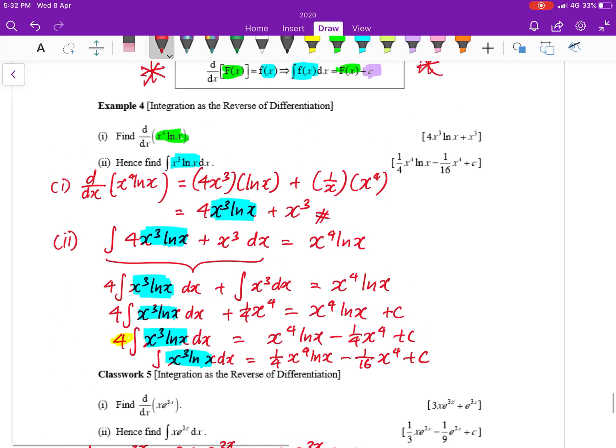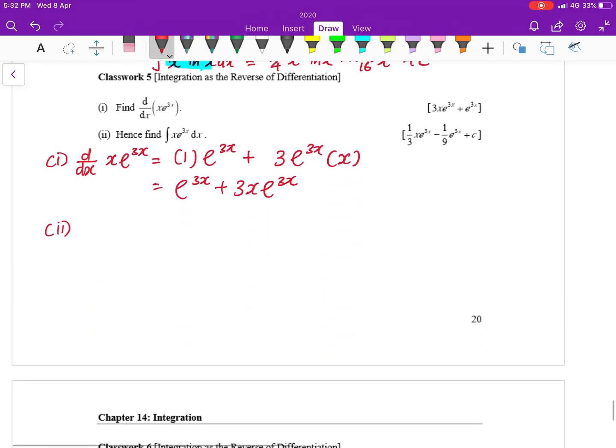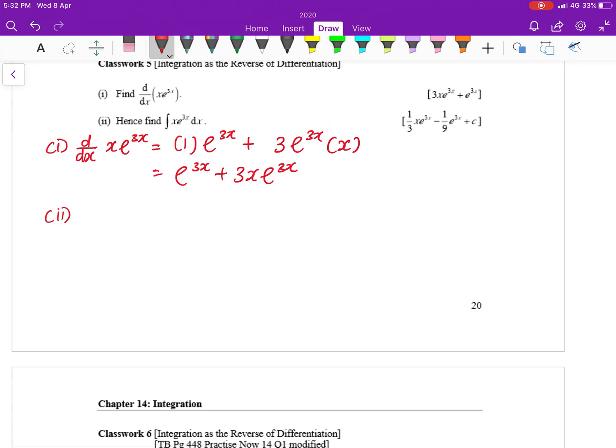Try to look for x e3x like the previous question. I try to look for that in my part 1. Let's see whether I can search for it. I can find it. I want to integrate x e3x, and it is here. So I will integrate the answer to get the question, which is x e3x. So how do I do it? I cannot write down the question immediately. I will integrate the answer